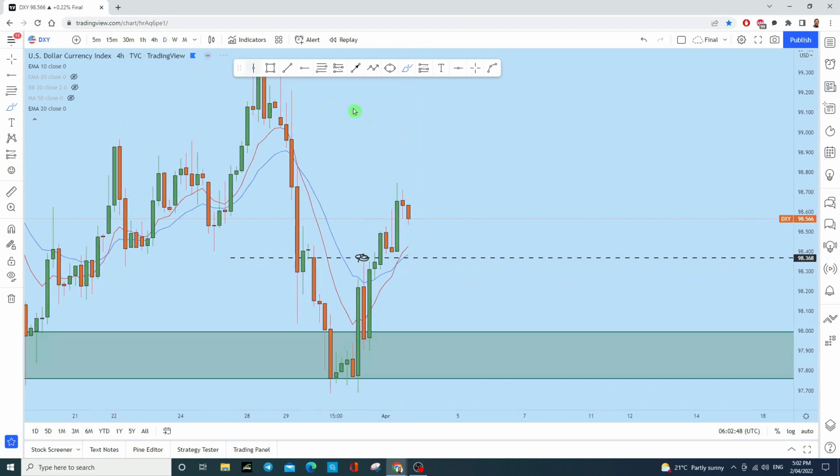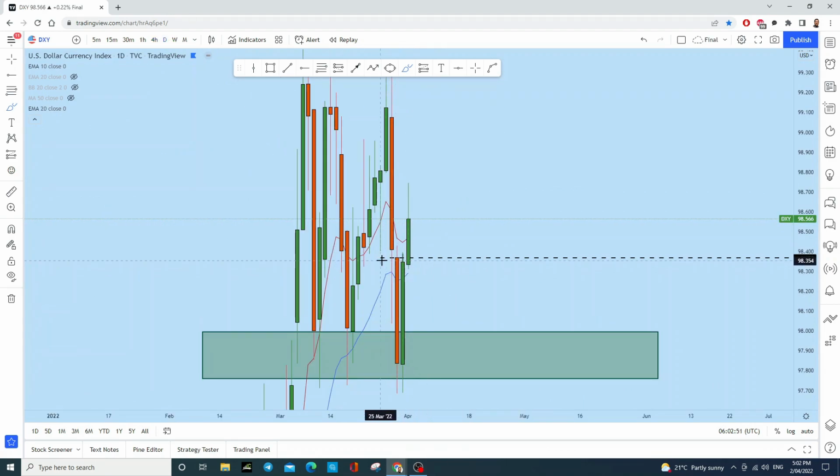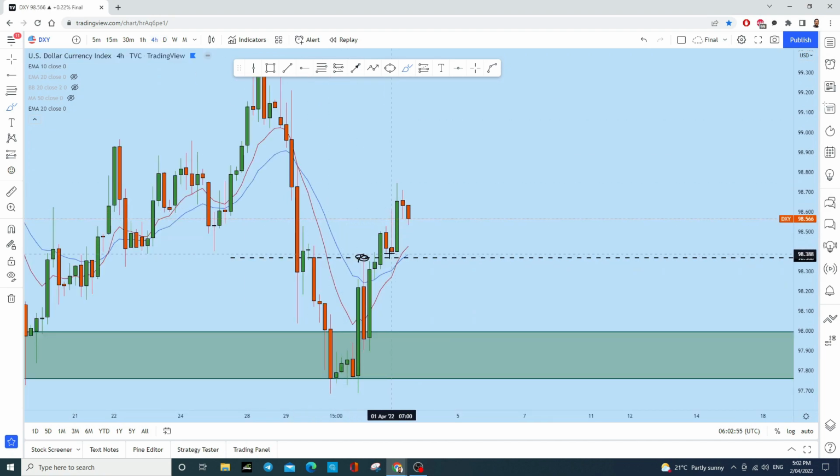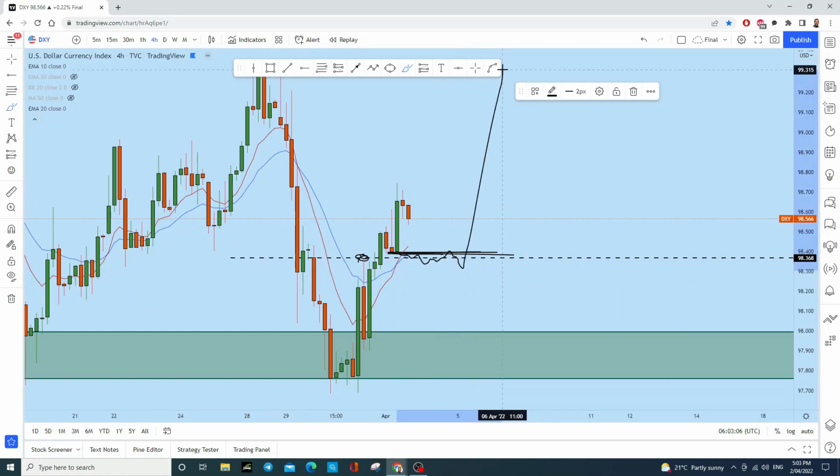Let me show you on the daily. Now daily, you saw this is a very strong level, and I think that in the new trading week the price will come back again. When you see this kind of liquidity zone, the price comes here,